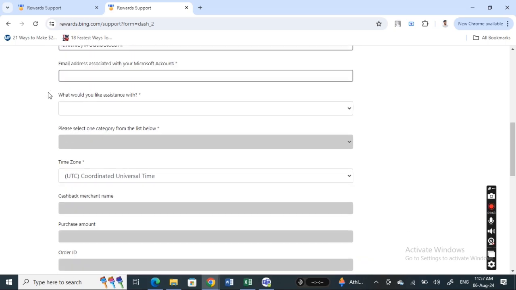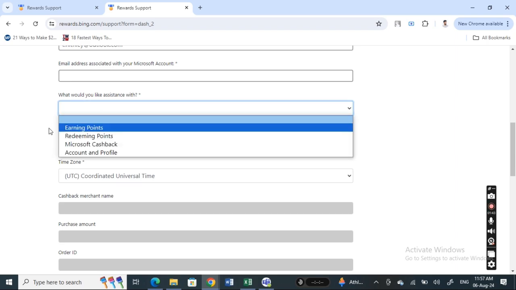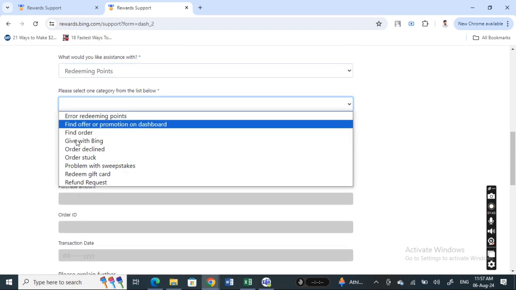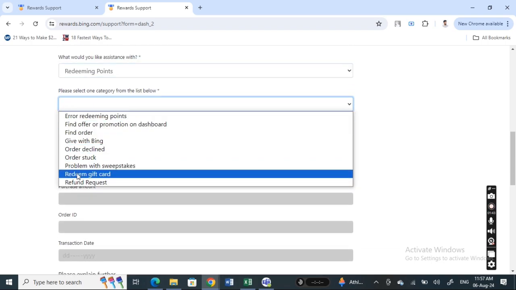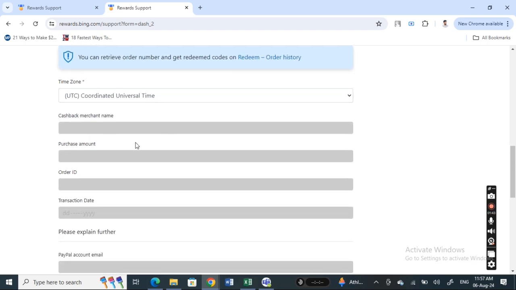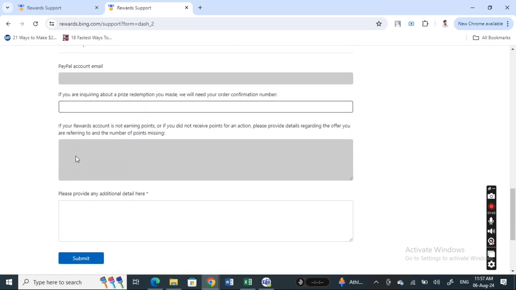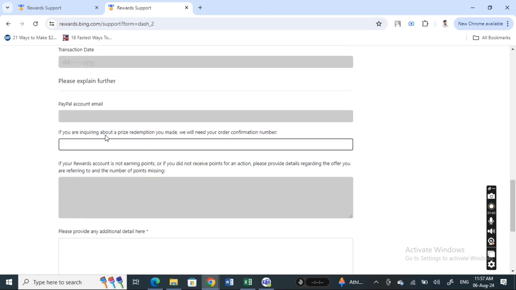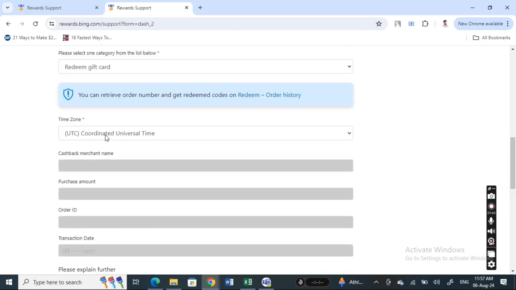It's a short, quick form, so you can just select these and fill in the information here, email, and you need assistance with redeeming points, and then just select the one that best suits your request. Once you have provided all this information, all you have to do is hit submit, and this will raise a request to the Microsoft team, and they will get back to you